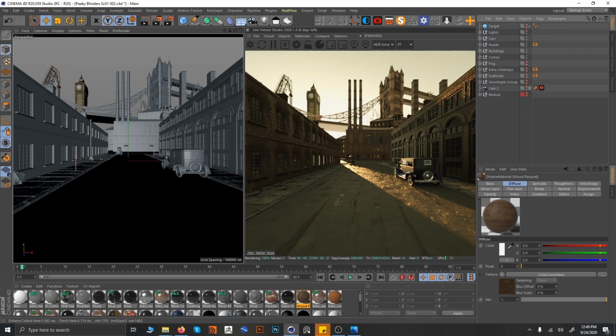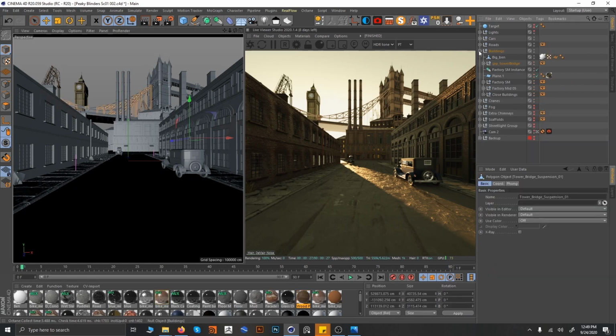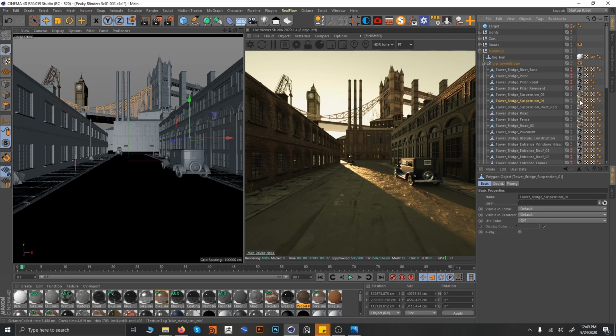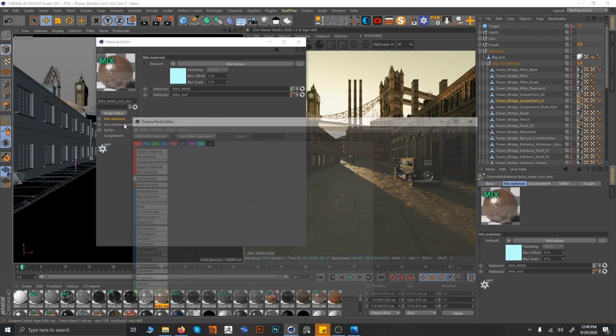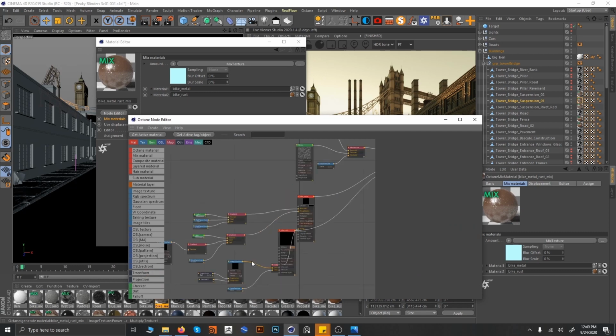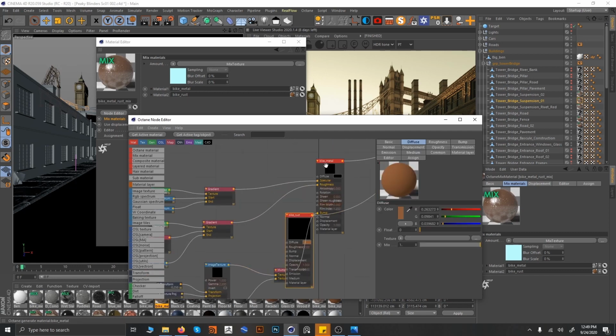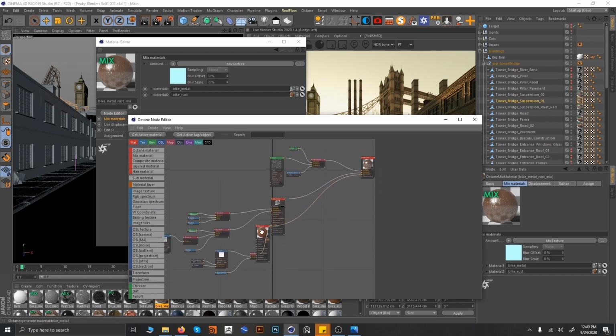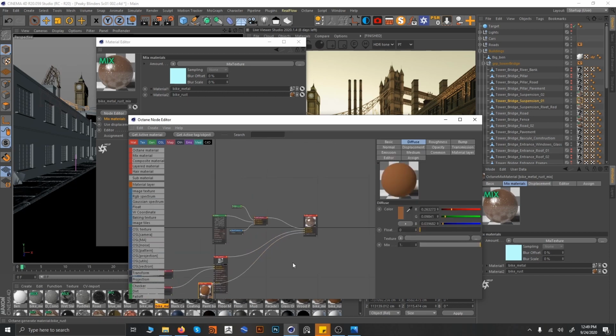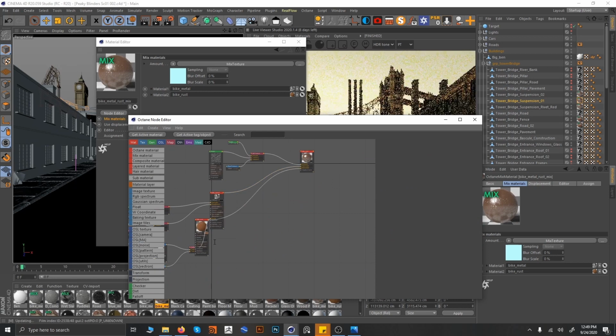And coming to the suspension of this bridge, this bridge suspension has two mixed textures going on. One is the metal and one is just a random diffuse color. Nothing else is there inside. You can just,